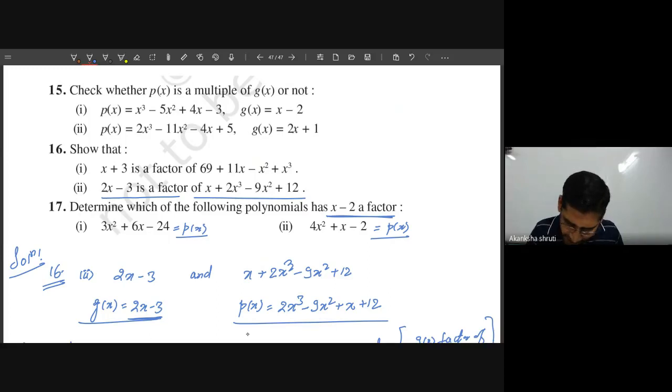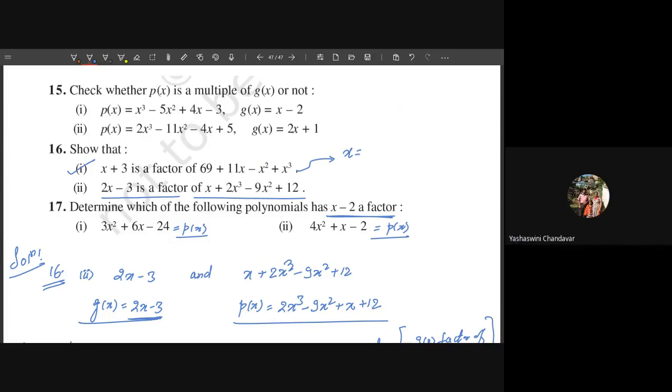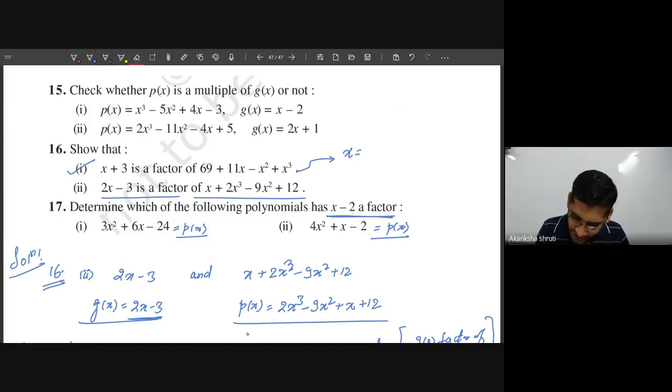नाउ स्टूडेंट, कमिंग फॉर दिस फर्स्ट में 16 का फर्स्ट, देखिए यहां हम आपको हिंट देते हैं. यहां से हमारा x का वैल्यू क्या निकलेगा? x का वैल्यू हमारा -3. वेरी गुड. सो हियर you have to equate x plus 3 equals to 0. Then you will get x equals to -3. तो अभी आपको यहाँ पे क्या कैलकुलेट करने रहेंगे? p of -3 कैलकुलेट करना है. p of minus 3 क्या है?